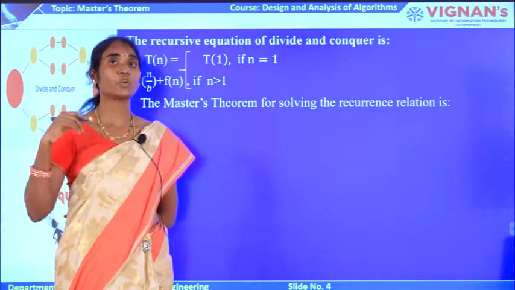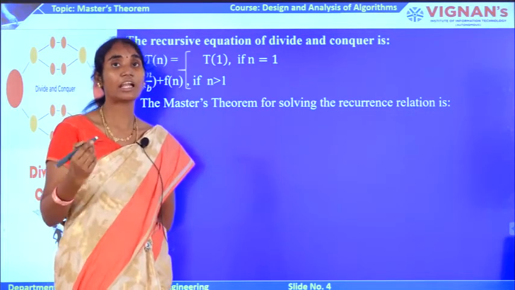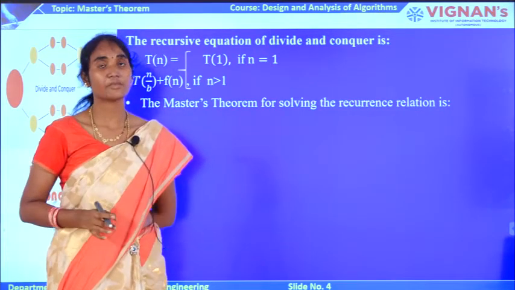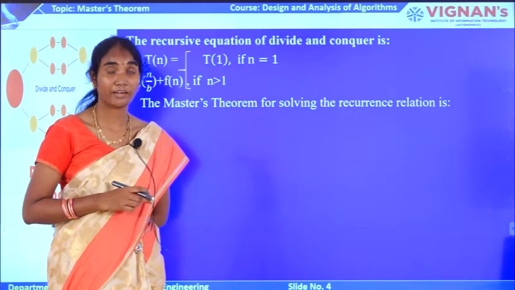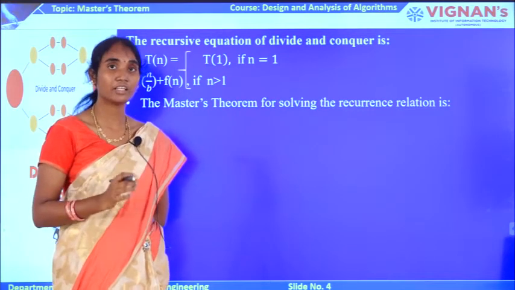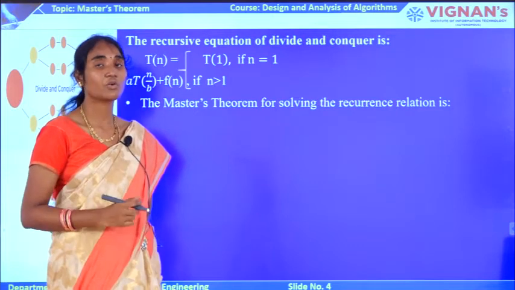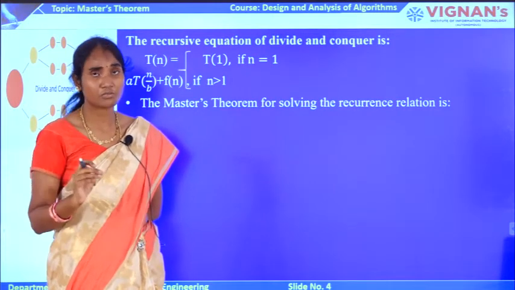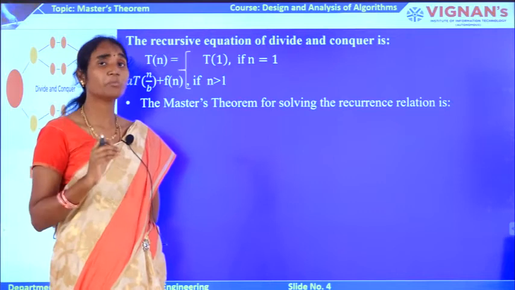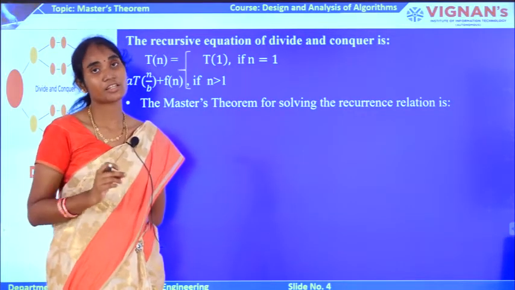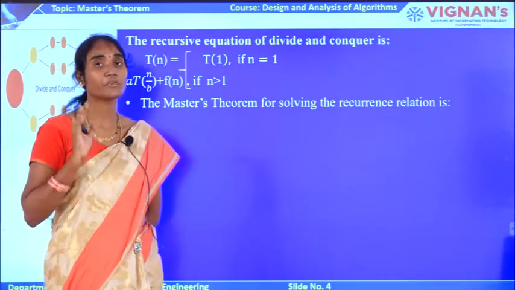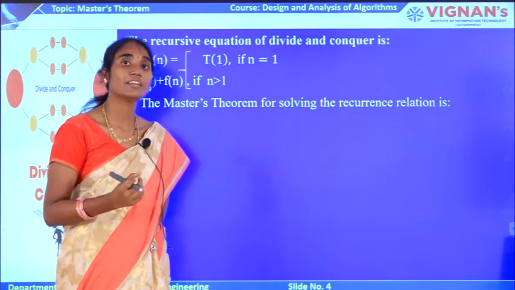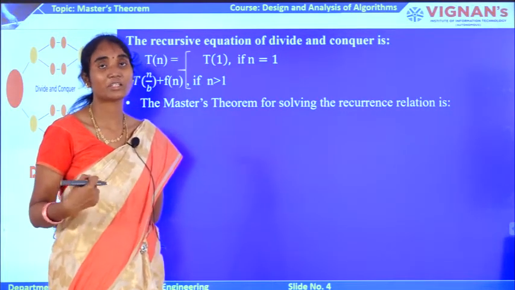Suppose I made any mistake in the calculations, my entire sum will be wrong in the substitution method, right? Whereas in this, the solution is directly on hand. So one thing the students have to know is that we have to remember the theorem, which is nothing but remembering the table. If you remember this table properly, then the solution is in your hand. Directly you can put the solution.